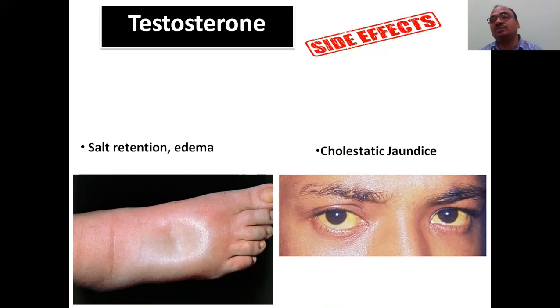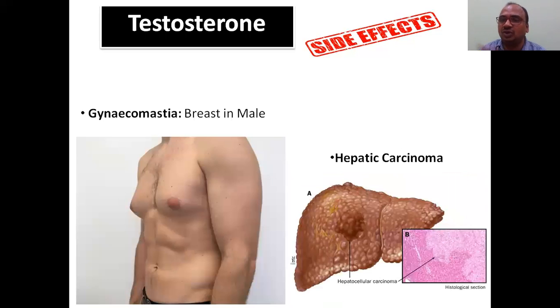Cholesterol, jaundice also comes. Don't take extra. Your eyes will become yellow. You know, jaundice, a very dangerous thing. And testosterone leads to gynecomastia. What is gynecomastia? Number of times it has appeared in the question paper. Competitive examinations, MD entrance, MBBS entrance, all the entrances, M.Pharmacy, B.Pharmacy, nursing, MSc nursing.